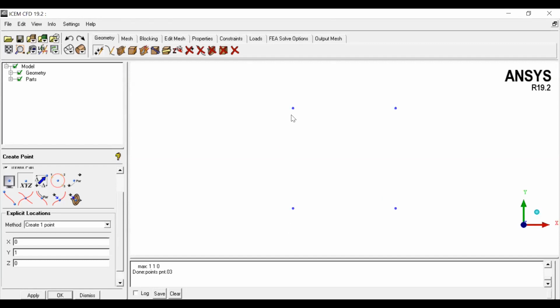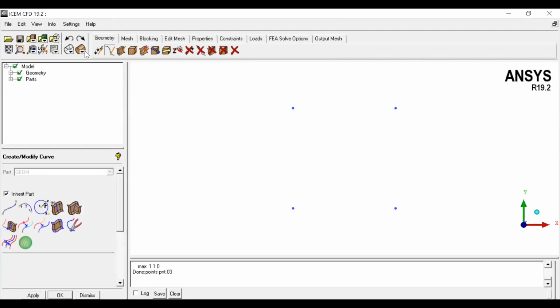Now we need to generate the lines. For that, go to the line command, create or modify curve. There are several line commands also. We will explore each. The first one is generate line from points. Anyway, it is a straight line.